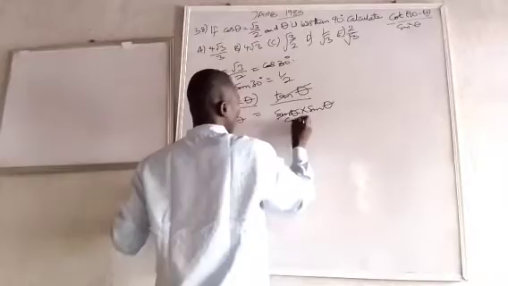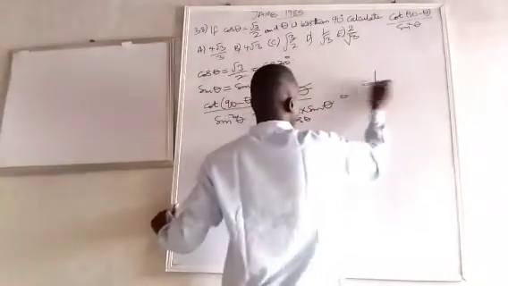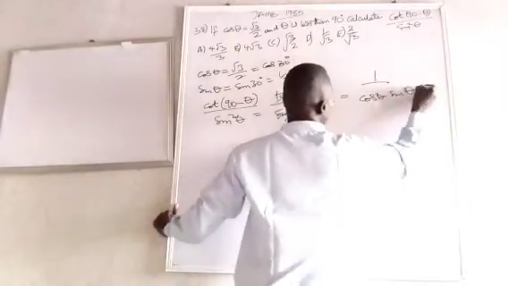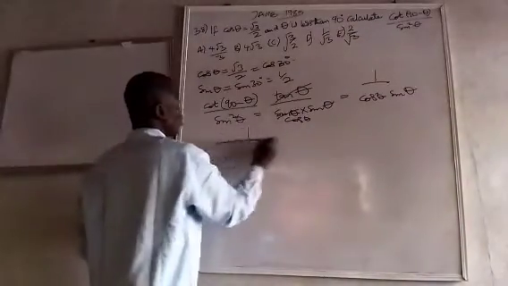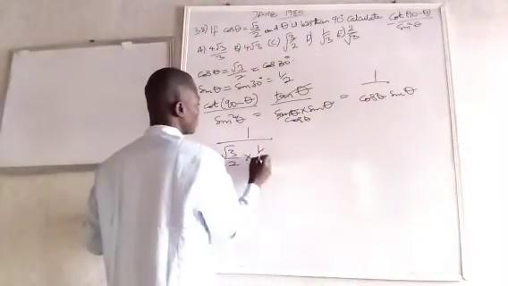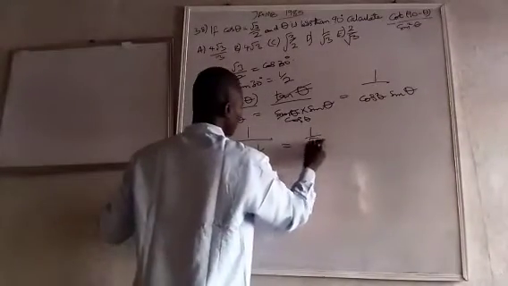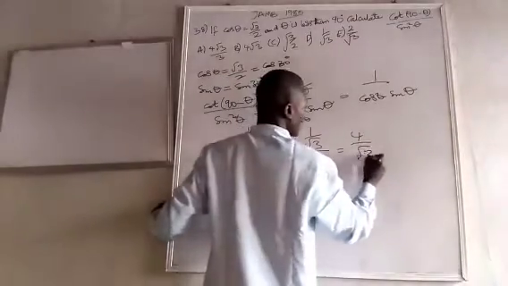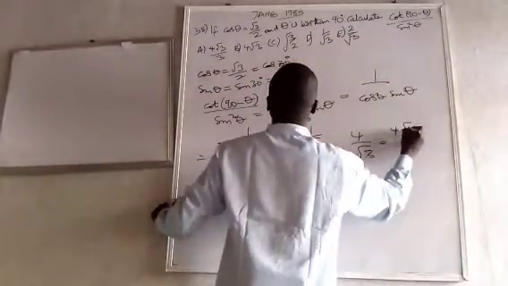So this is going to give me 1 over sin theta, so I'm going to have 1 over cos theta sin theta, which is 1 over root 3 over 2 times half, which is 1 over root 3 over 4, which is 4 over root 3, which is 4 root 3